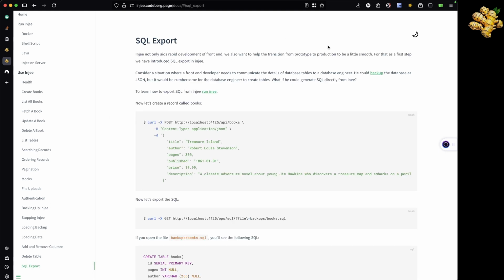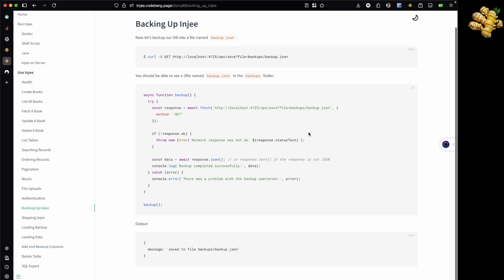So you know that you can back up Injee. If you're using it, you can back it up, and it'll be in a backup file and all those things. But even if you give it to a DB engineer, he needs to go through the backup file, and he needs to see what columns are there and what tables,